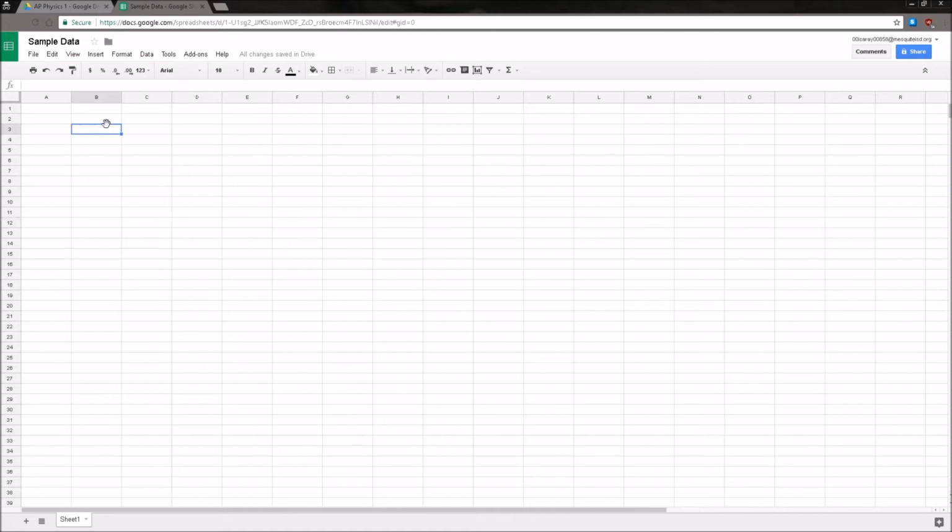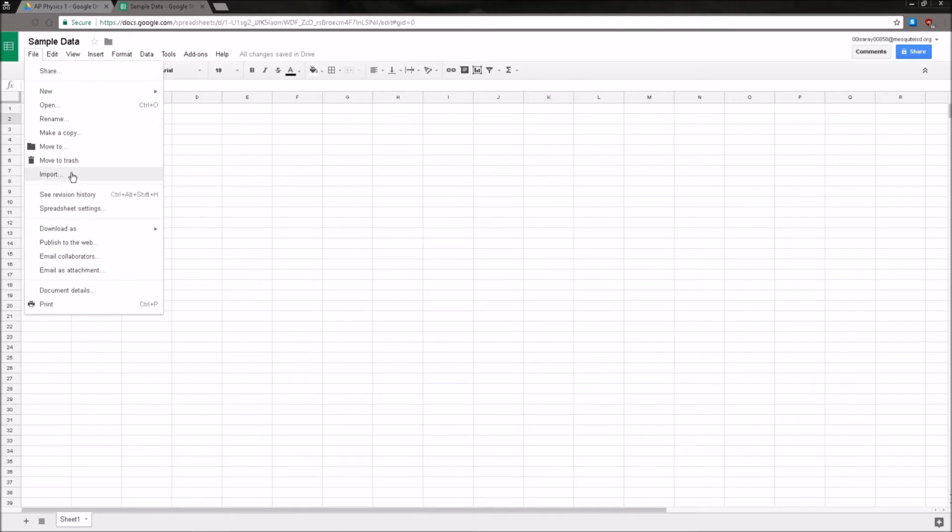So we're going to start out assuming that your data is in a .csv file, as if you had imported it from something like Vernier LabQuest. If this is not the case, you can go ahead and skip this step because your data will already be in the spreadsheet. So the first thing we're going to do is go to File, Import,